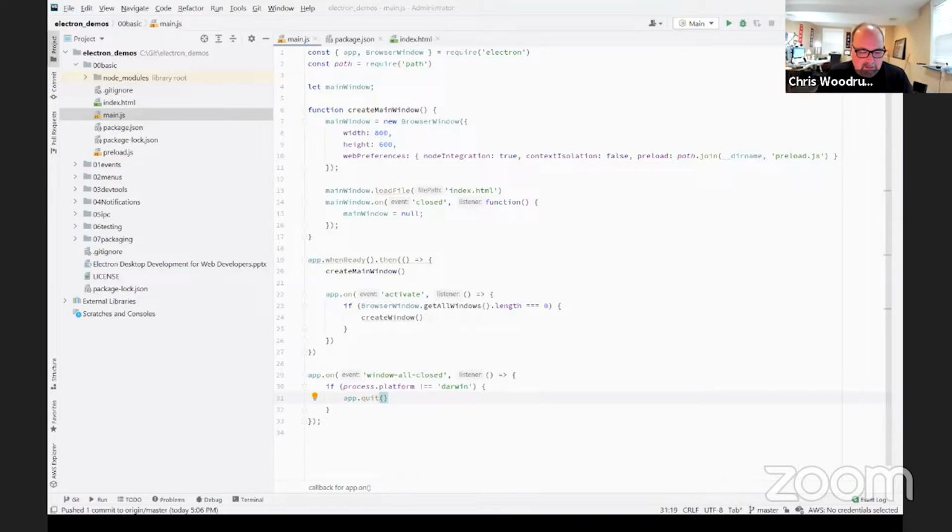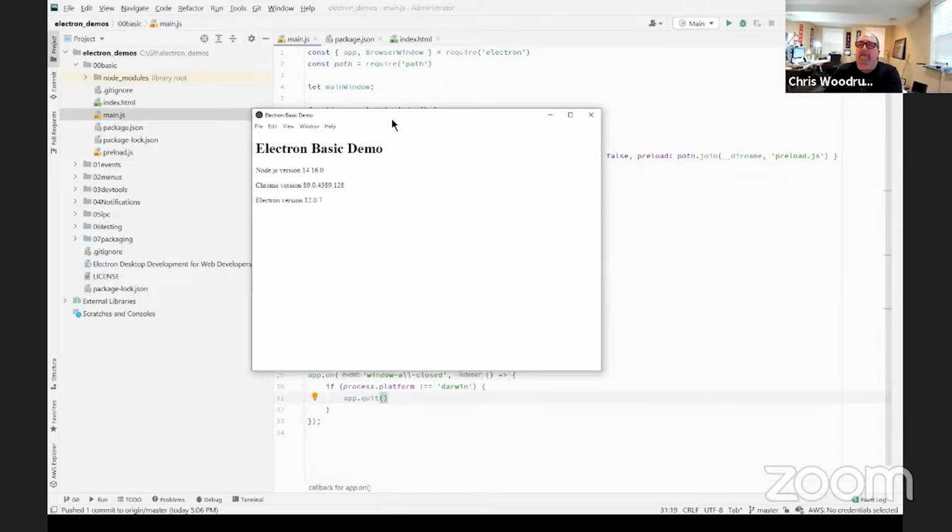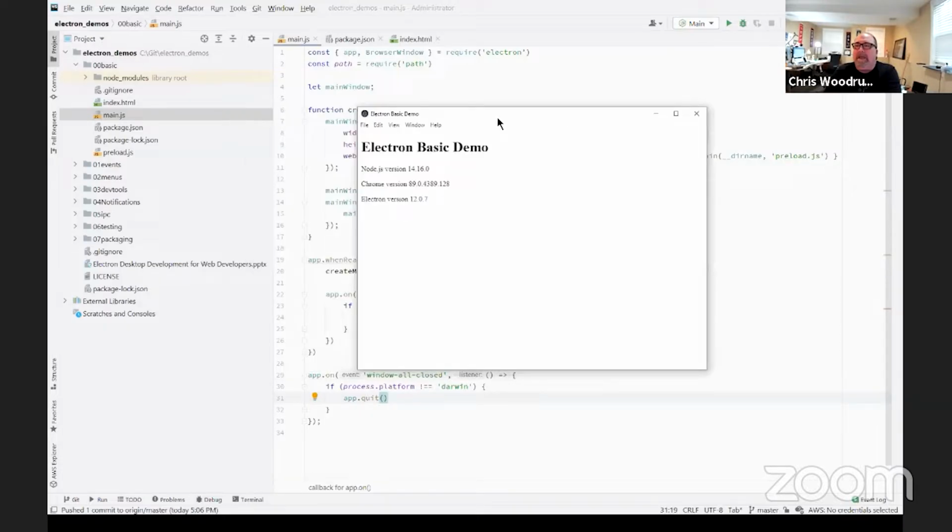So if I run this, let me go out and run this, and then I'll bring it over into the screen. So let me pull this over. So when I run it, this is what I get. This is the very basic Electron application. So I get a generic menu. If you don't explicitly design a menu, this is the menu that you get, a pre-designed default menu. So I can exit.